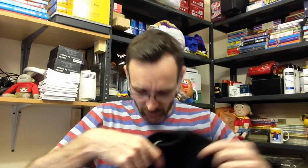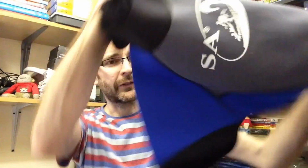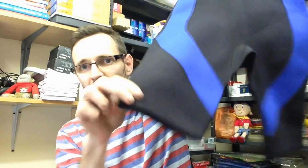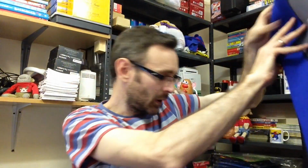These will likely go in our shop, but you can sell them online just as well. I'll quickly run through what else we've got. One of them, here we go, is still tagged. So there's one that has never been worn. This is a different brand, and it's a shorty. These ones that have short legs on are called shorties. There's that one,